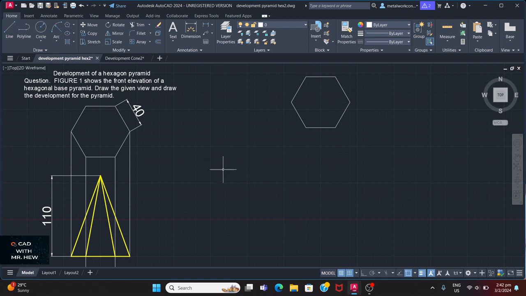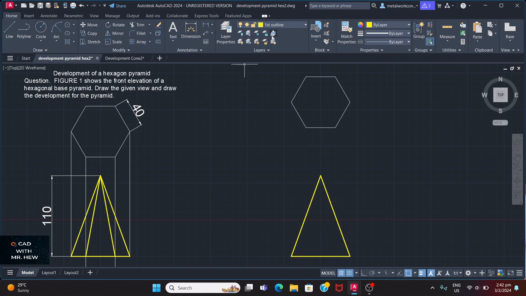The next thing we're going to draw now is a baseline. I'm going to draw the baseline. Then we're going to draw the front elevation for the hexagonal base